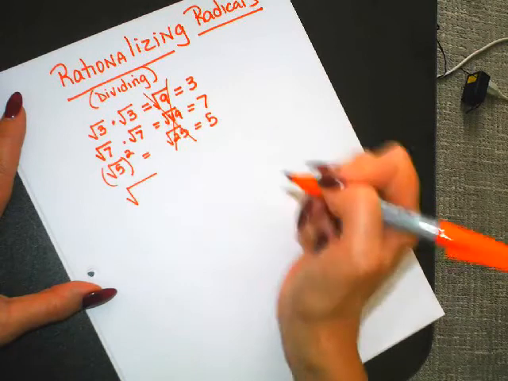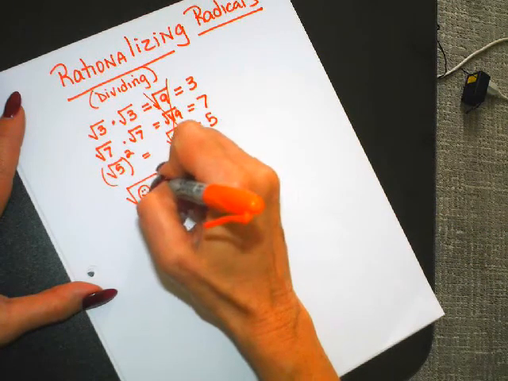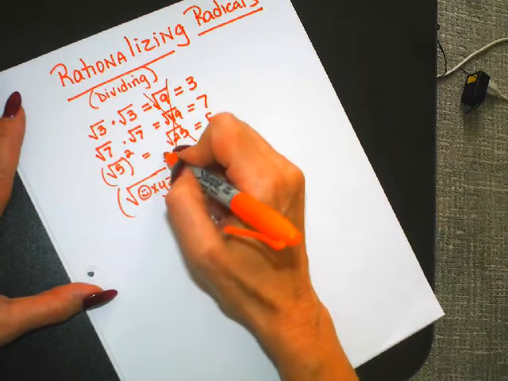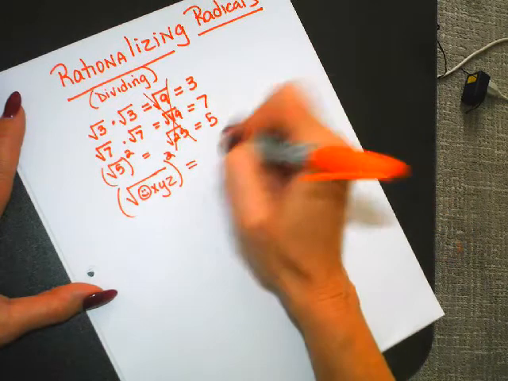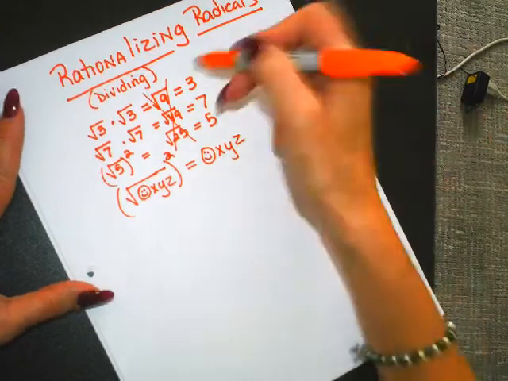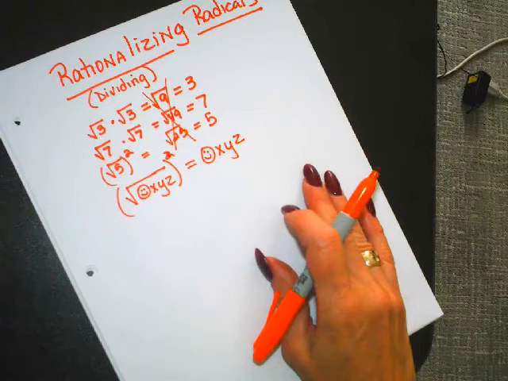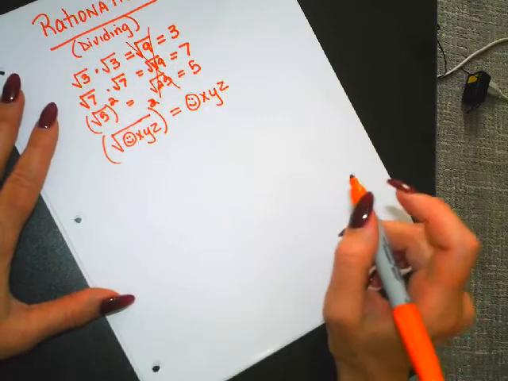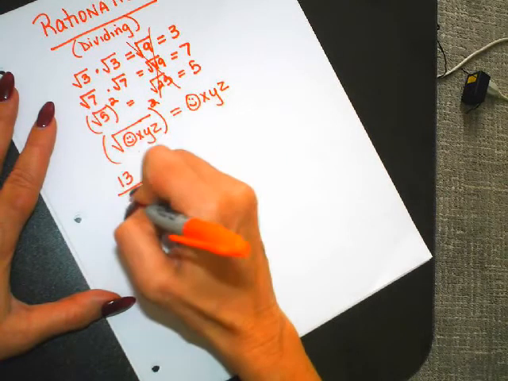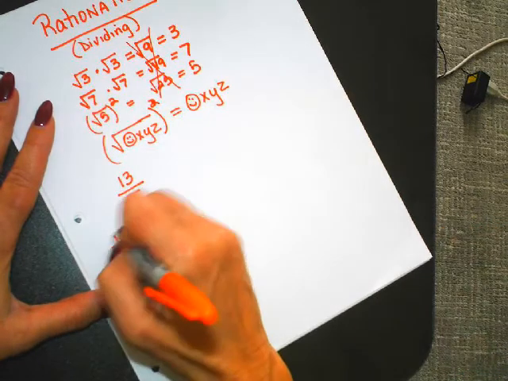So if I had the square root of, I don't know, a smiley face with an X, a Y, and a Z, and I decided to square it, I'm just going to get what's under the radical, which is smiley face, X, Y, Z. This concept is very important with rationalizing, or dividing by radicals, when you have one radical in the denominator. So for example, if I have 13 divided by the square root of 6, what you need to know